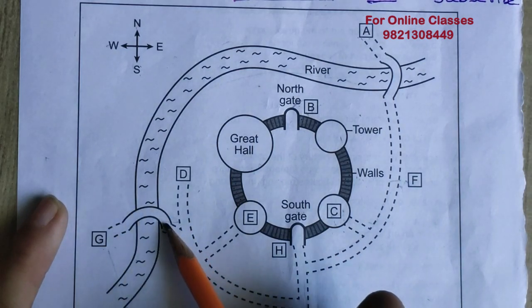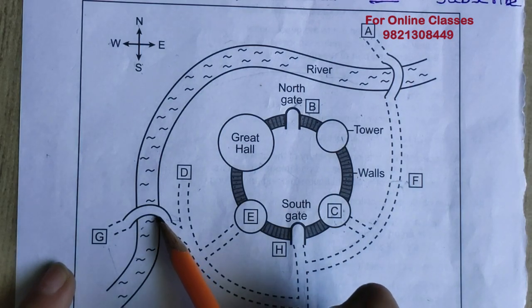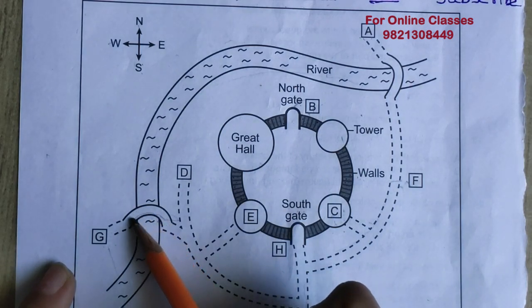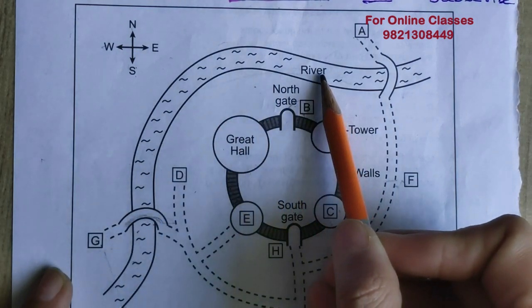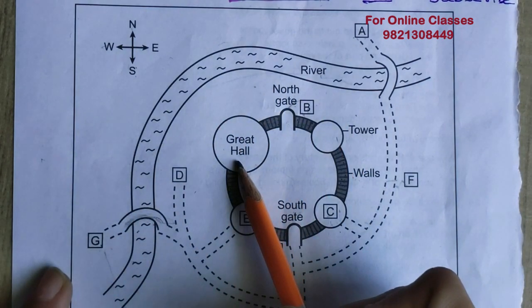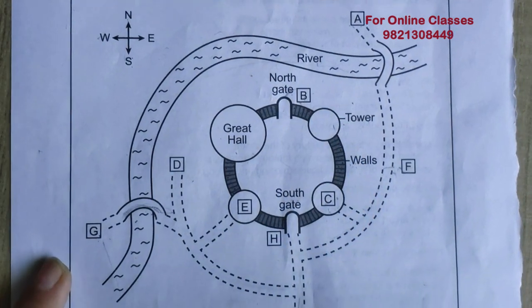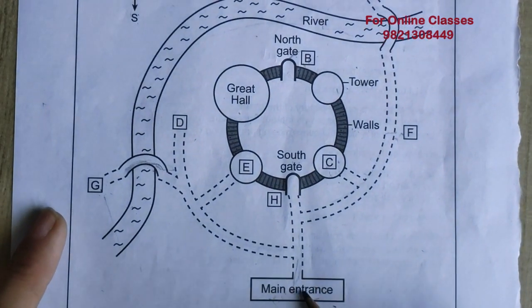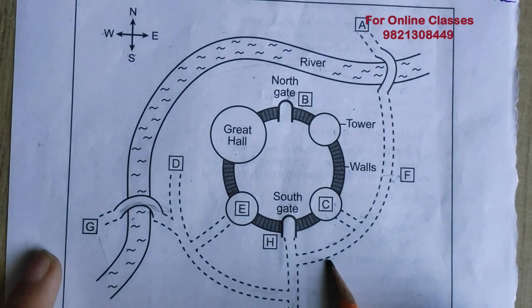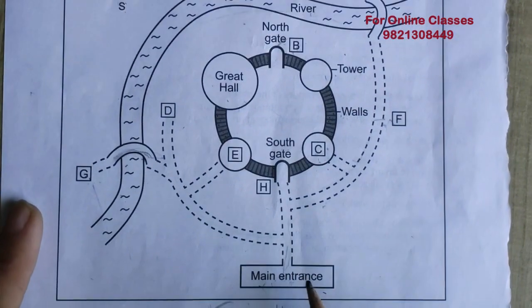Across here means when you have to cross the river, there is a bridge to cross it, to cross this river, there is a point G. Okay, now we come to know that this is the river. Now Great Hall I can see, North Gate, Tower, walls, South Gate, of course, and the main entrance is there. Main entrance is important to find in maps or plans or diagrams, because most of the questions start from